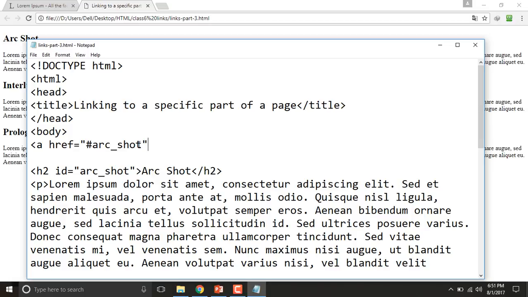google.com, yahoo.com, and many other websites like facebook.com, twitter.com. So I used here the arc short id name with a hash sign before it, and it's not a link to an external website or any external or internal web page, but just the name of the id with the hash sign before it. Okay, I'm going to close it and write here arc short. Okay, second thing is